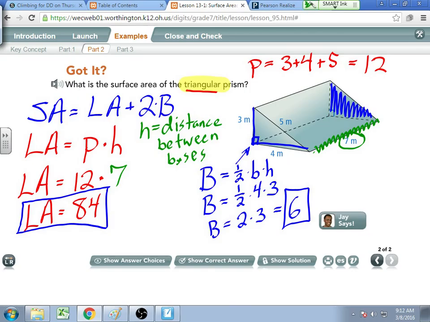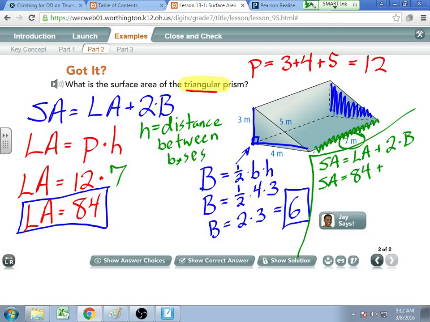So we'll just use green to finish us out. My total surface area is going to be my LA plus 2 times my big B. So my surface area, I plug in my LA is 84. I see that my big B is 6, so I do 2 times the 6. Well, this is going to be 84 plus 12. And 84 plus 12 comes out to be a final